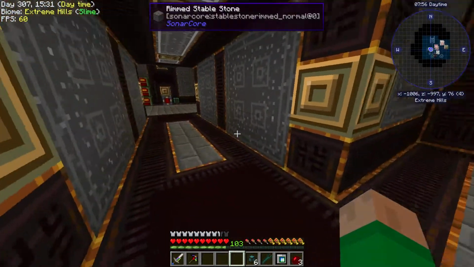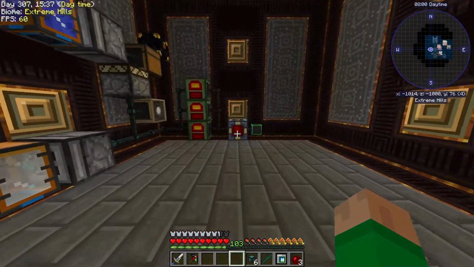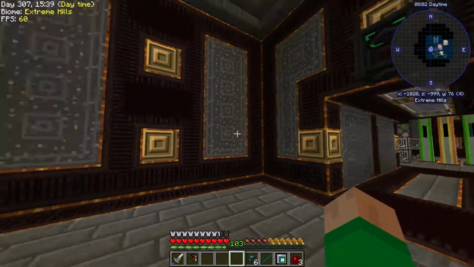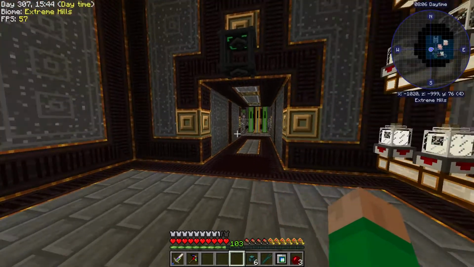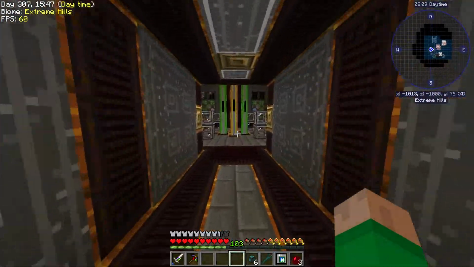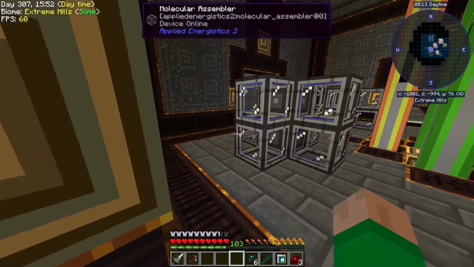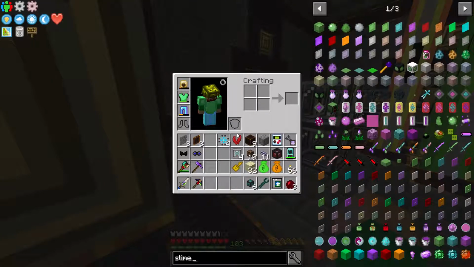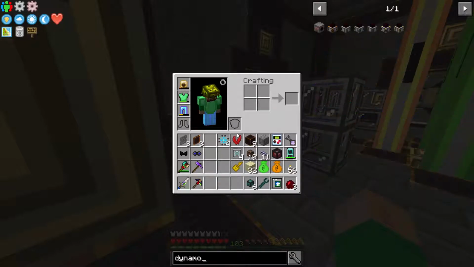Or we can look at a secondary source of power. And I think at this point, I would rather find another source of power that we can use. And I don't really have a strong idea what I want to do yet. I've been looking at a few things in JEI, like if we look at dynamos,